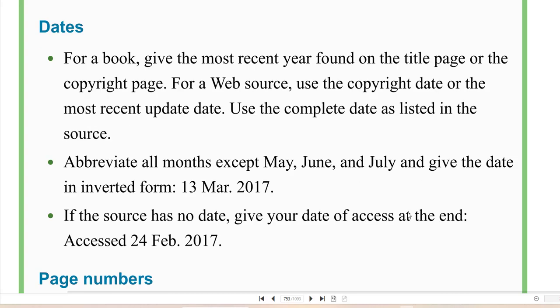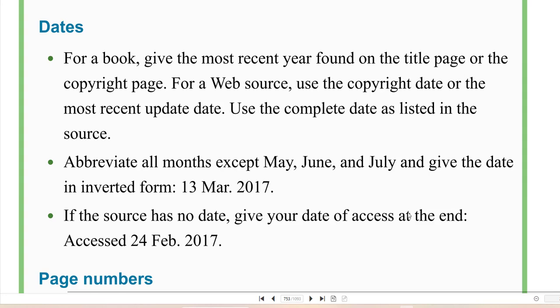For a book, give the most recent year found on the title page. For a web source, use the copyright date or the most recent update date. Abbreviate all months except May, June, and July, and give the date in inverted form: 13 Mar. 2017.